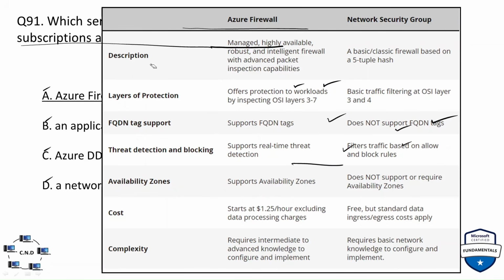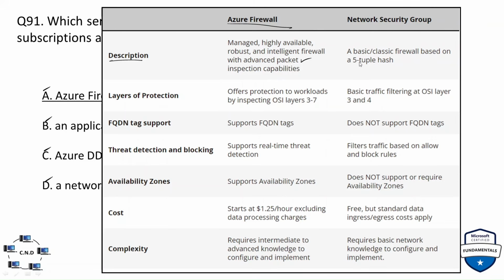So I thought it would be good to give a comparison of these two, because there will be many questions on both these services. So here is the basic comparison. What is the description? The Azure Firewall is a managed, highly available, robust, and intelligent firewall with advanced packet inspection capability. It means that the Azure Firewall is the most advanced and most robust, while the NSG is a basic